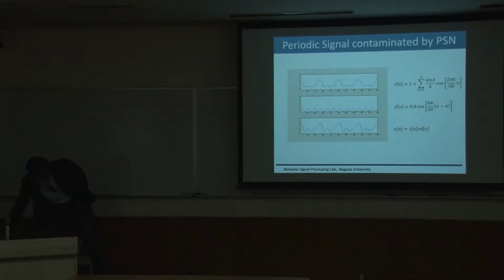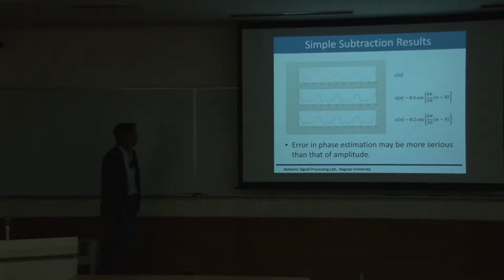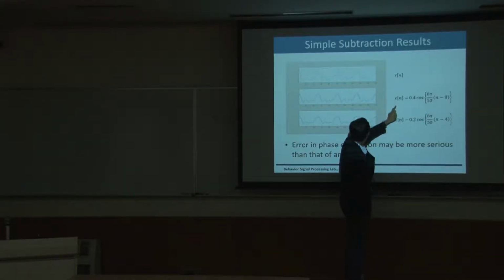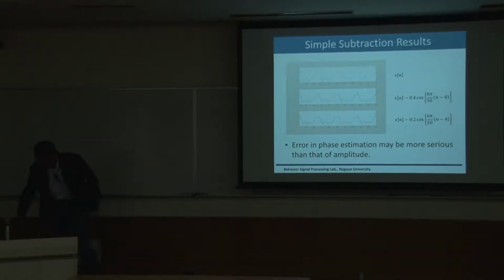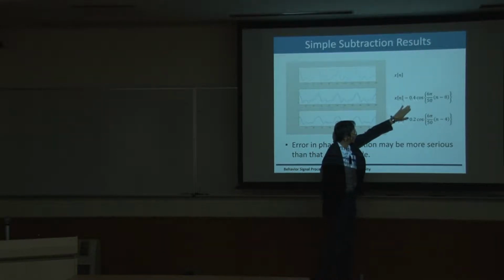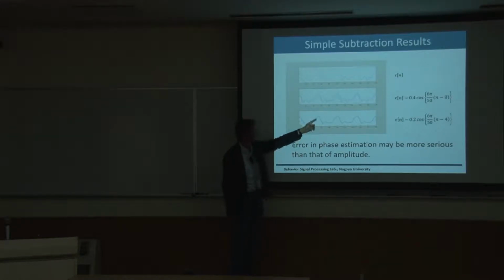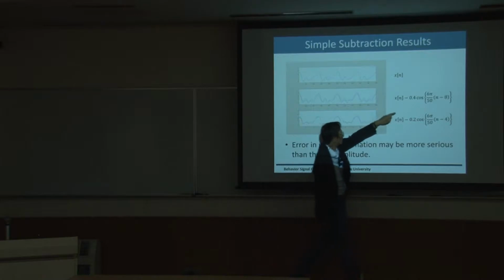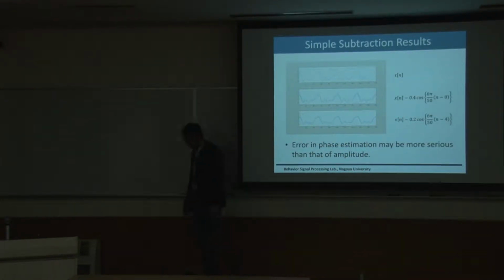This can be done based on subtraction or spectral filtering. Oh, I'm sorry, I didn't include the figure of the spectral filtering result. So this is not a spectral filtering result. This is a result of simple subtraction. When you accurately subtract the signal, then signal reconstruction becomes very fine. But if you don't accurately estimate the noise signal, then again the signal is very much distorted, like the original observation. But anyway, these are very simple ideas based on subtraction,